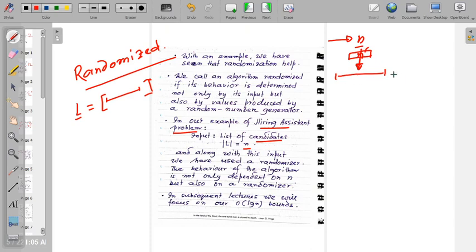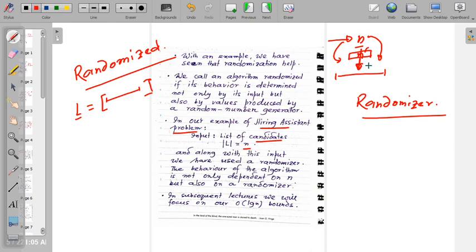So previously we had a sorting algorithm, but that sorting algorithm was directly given in the problem. But here we have got a list of candidates or numbers or whatever, and then we are applying one randomizer to it, and then we are channelizing that modified input into the algorithm. So what we are doing essentially,